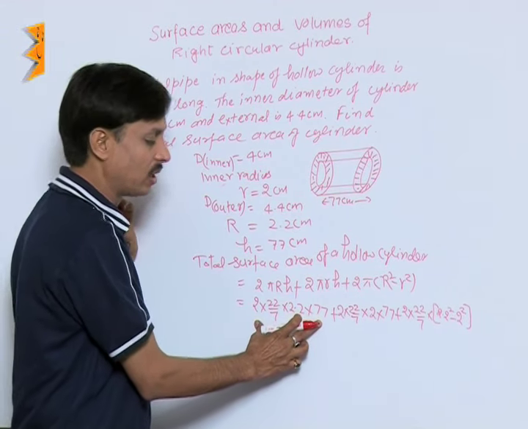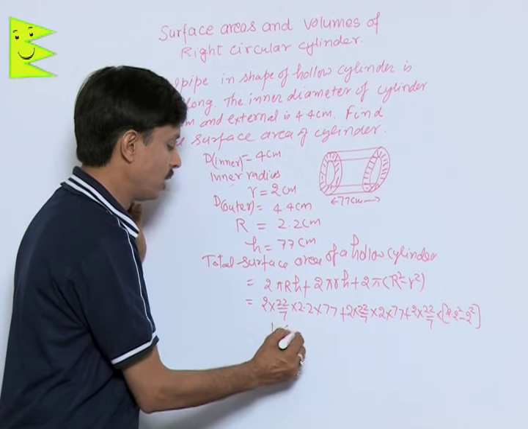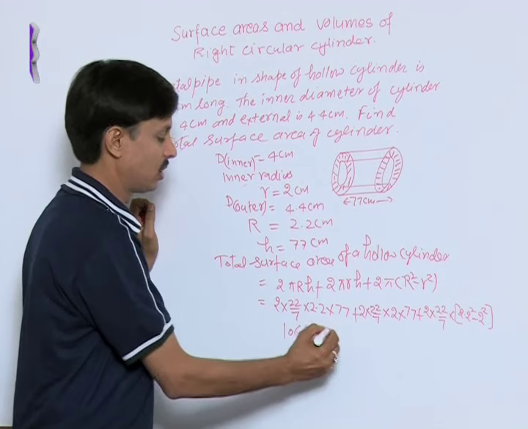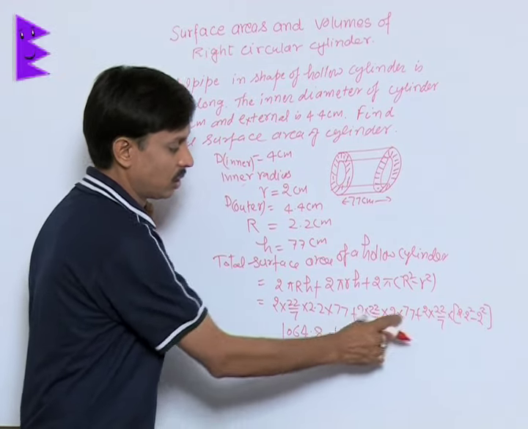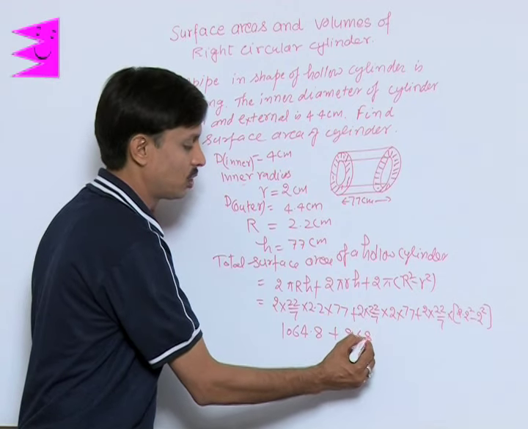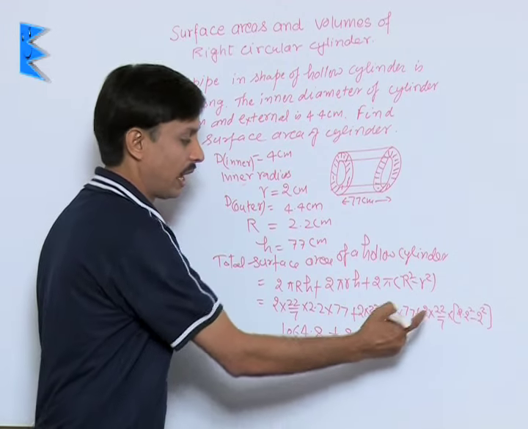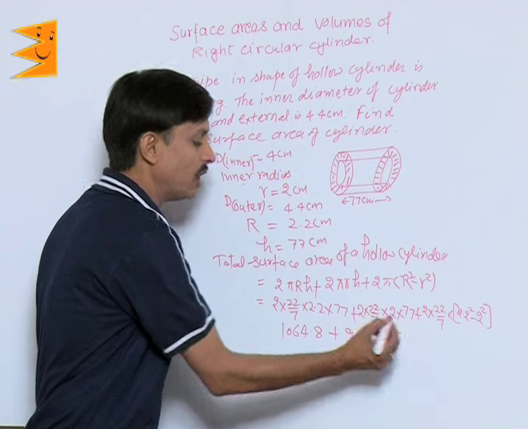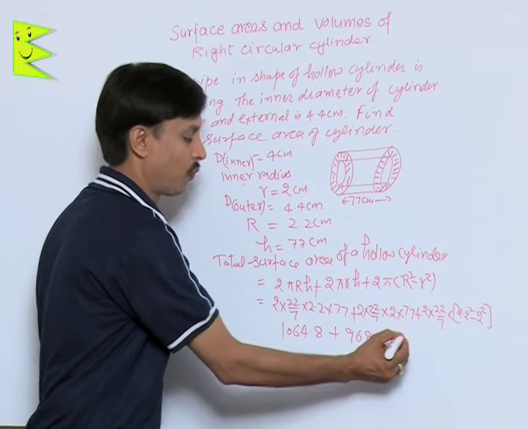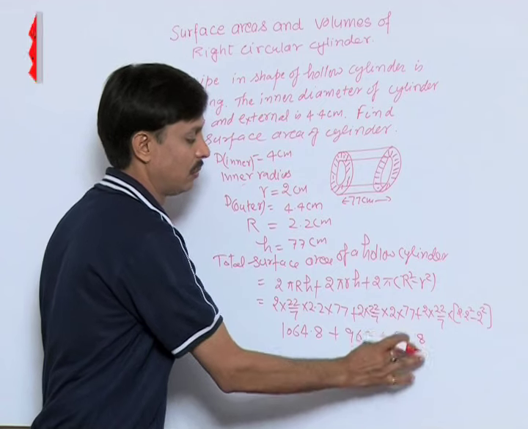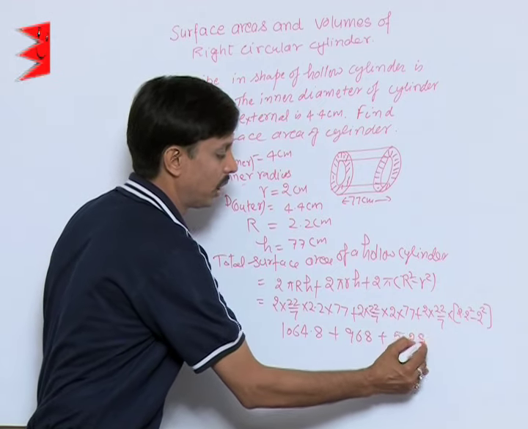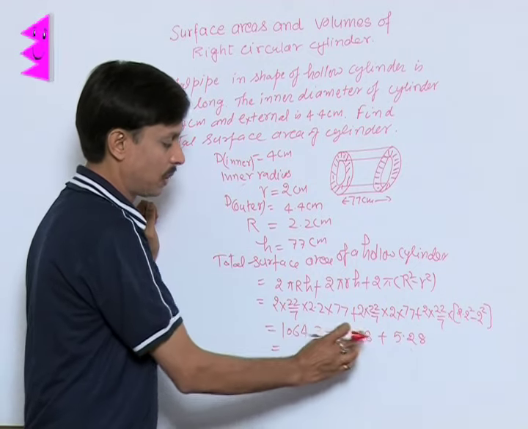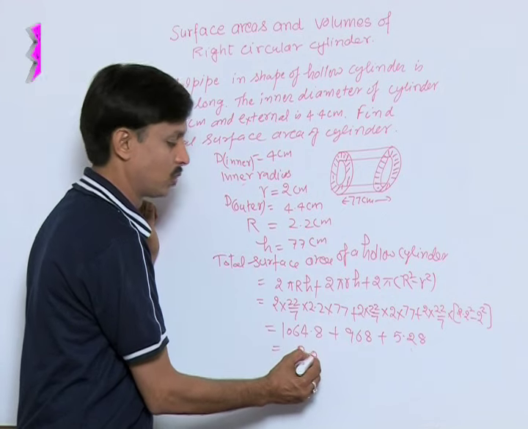When we simplify this value, I will get 1064.8 centimeter square. This is the area of the outer. Inner, this value will give us 968 centimeter square. And area of both rings, 2 pi capital R square minus small r square, this calculation leads us to 5.28 centimeter square. If I ask you to calculate the total, so this plus this plus this, it is 2000